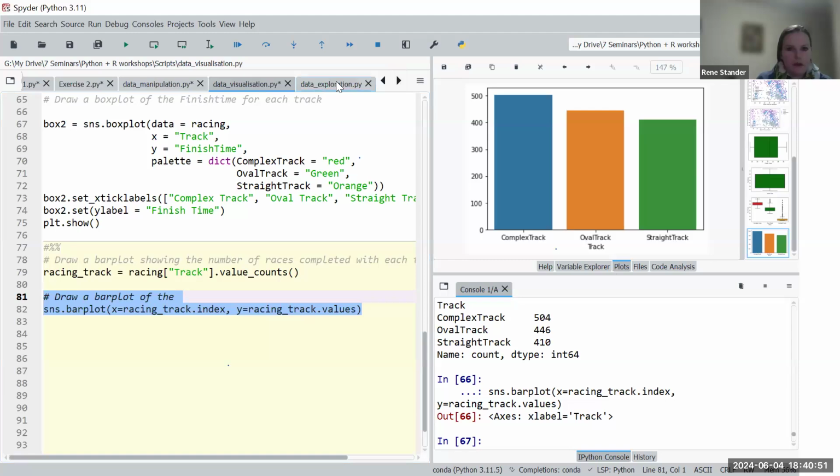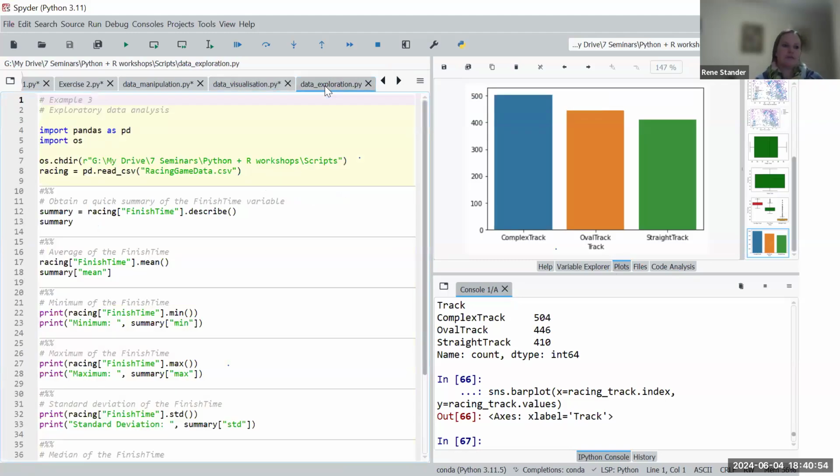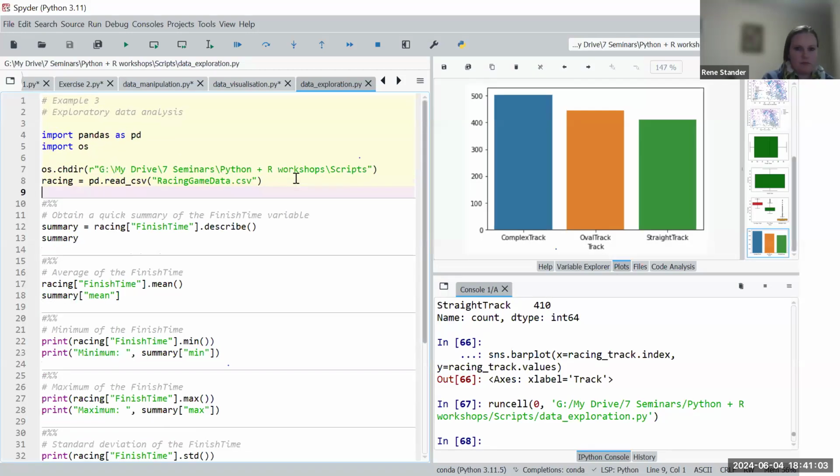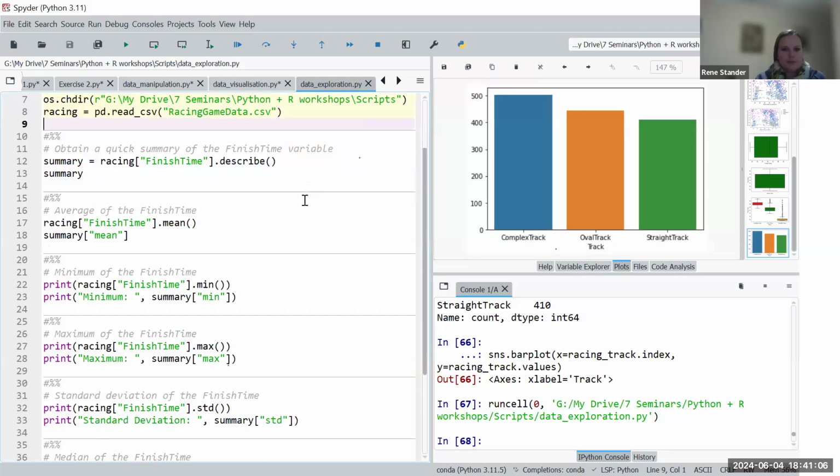So we are again using the racer game. So we already have the data. Okay. So to obtain a quick summary of the finish time variable, okay, so this will give you the 5 number summary. We have racing finish time, so we specify the variable and then dot describe. Okay. So if we run this,